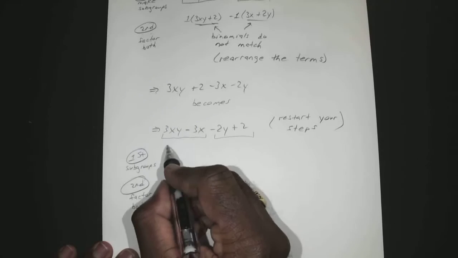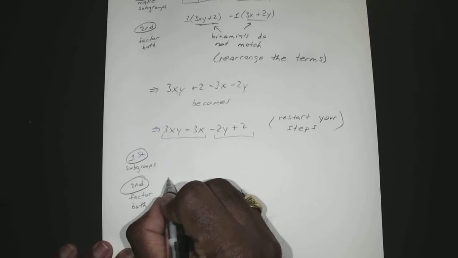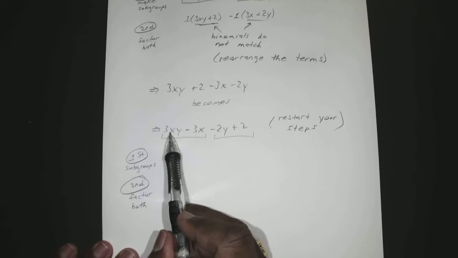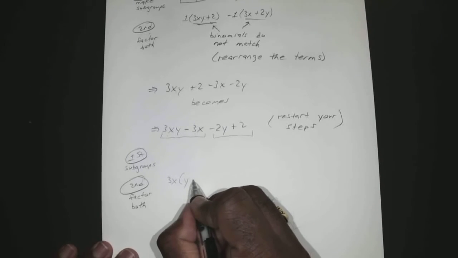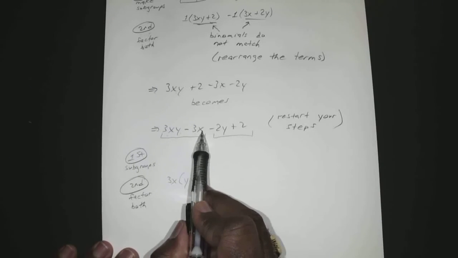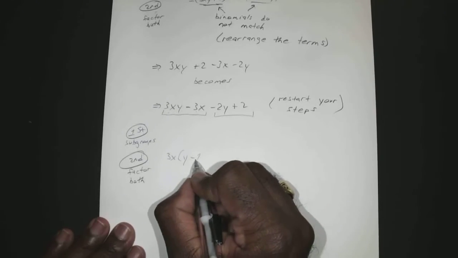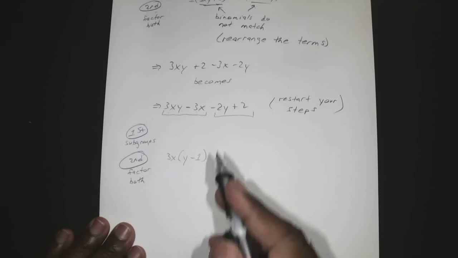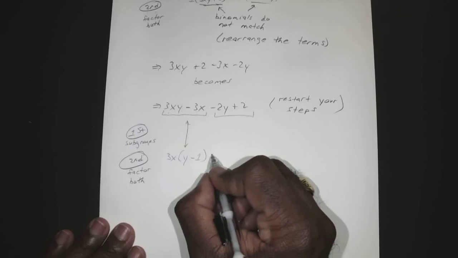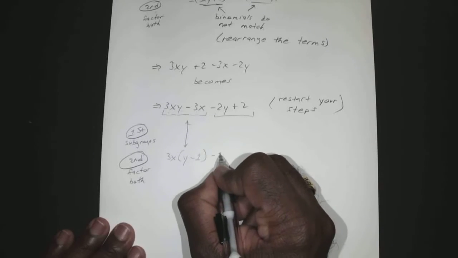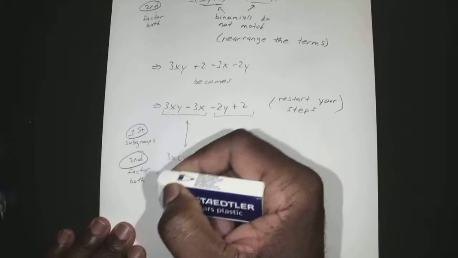So if we factor both, this one would become, if we factor a 3x out of both of those, we factor out the 3 and the x, the only thing left is the y. And if we factor out the 3x here, the only thing left is a 1. Okay, we do the same thing here. So this, connect that one to that one. And if we factor out a negative 2 from both of those,